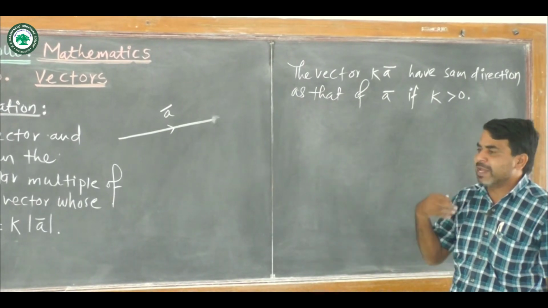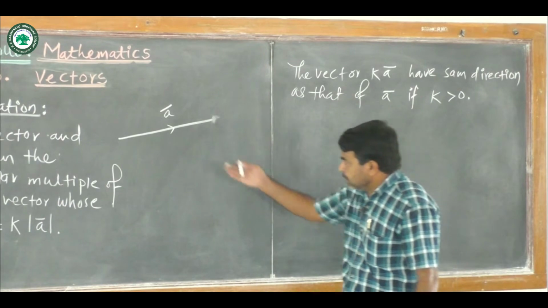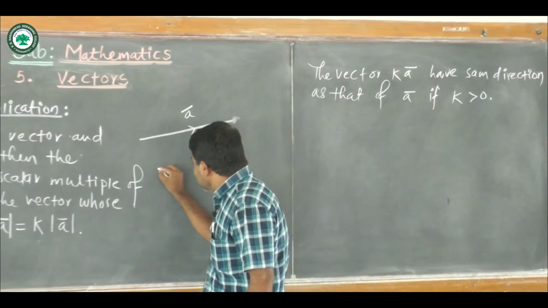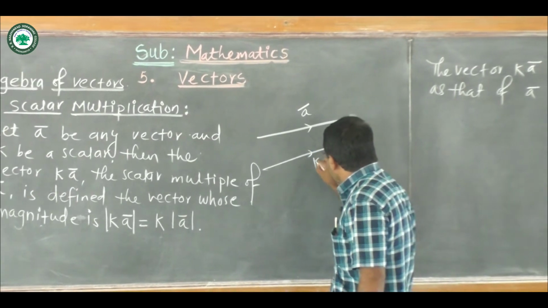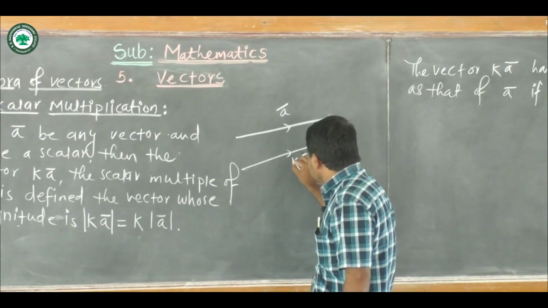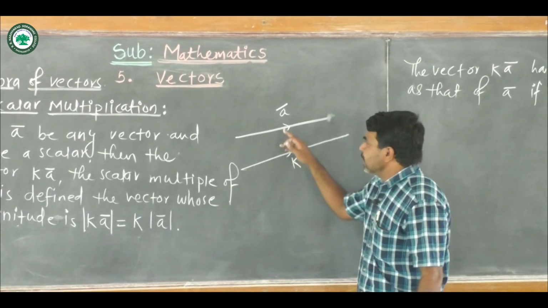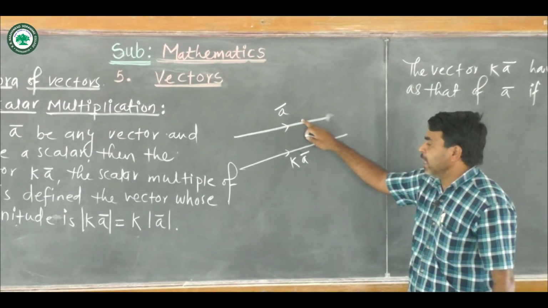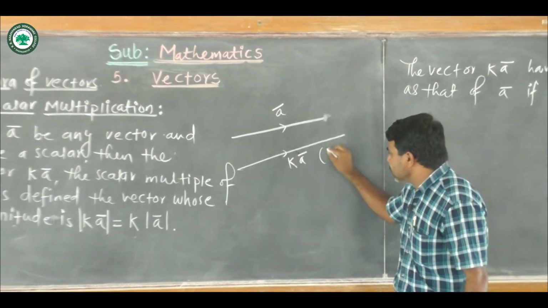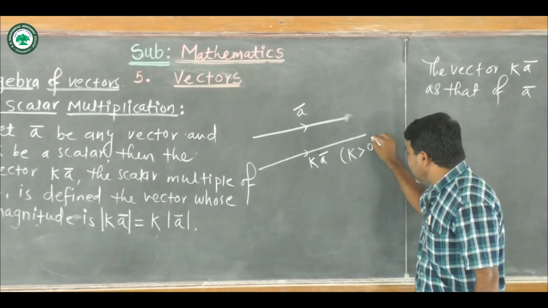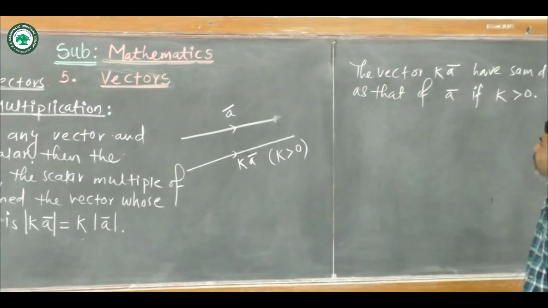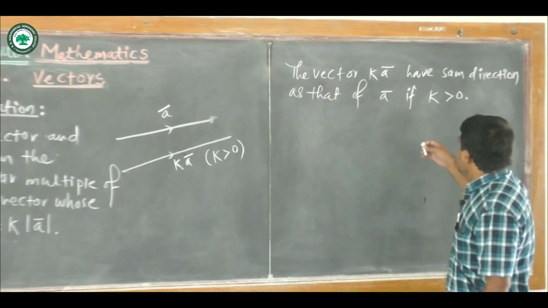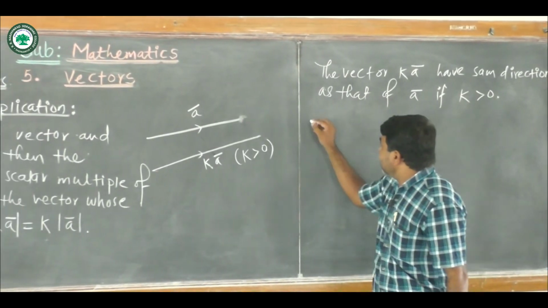Positive means greater than 0. So if this is vector a, then the vector k into a bar is in the direction of a bar if k is positive. And second one,